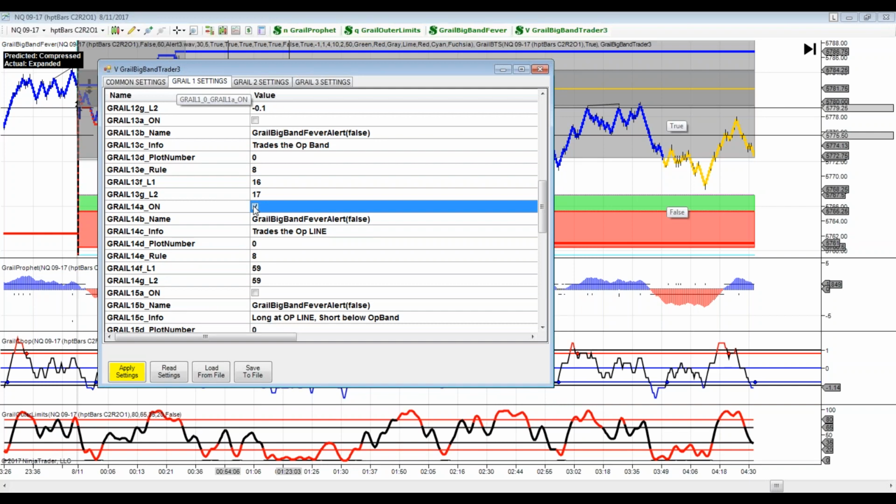Now, the OP bands, the OP lines, that's the only one that you should only have one on, okay? Otherwise, you're going to get multiple signals, and that's not good. So if you're going to trade the OP, whether it's the OP band or whether it's the OP line, or as I'm going to show here,